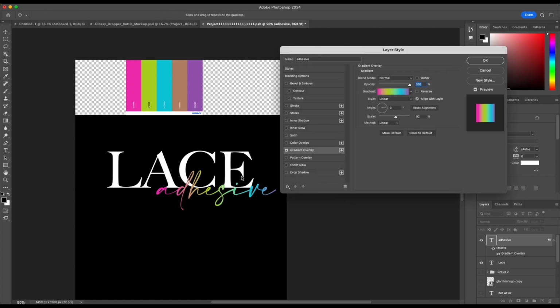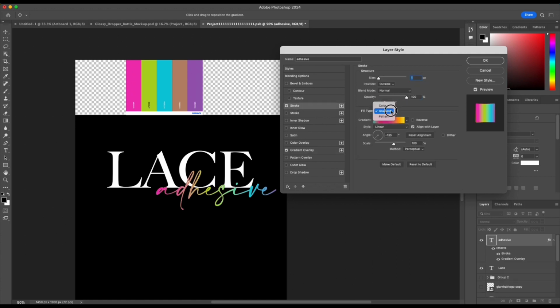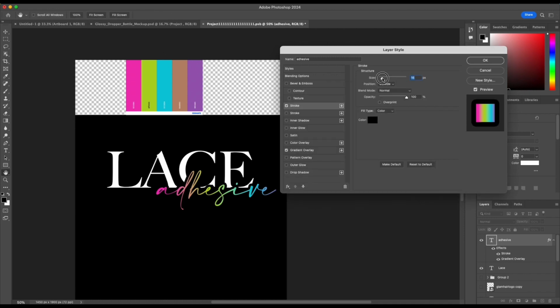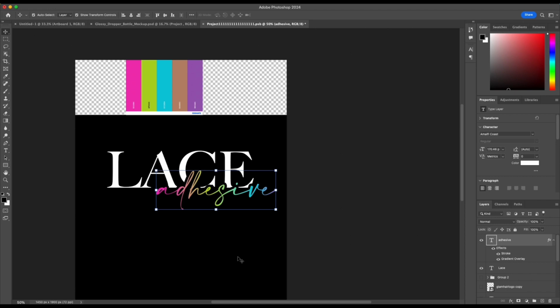Okay, so I do like that how it is. I think I'm gonna add a white stroke, but let's see. Outside, or should I do a black one? So it'll, yeah, I'm gonna do black. You see how it looks like it's cutting through the word lace? See, like that? I'm gonna do that instead of doing white. I like that. I like that. All right,